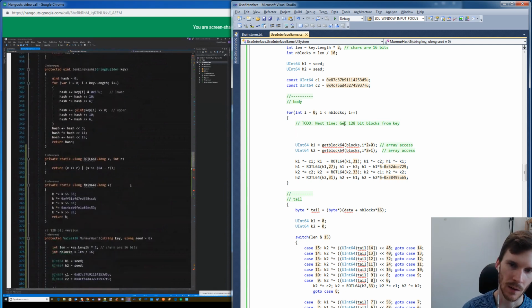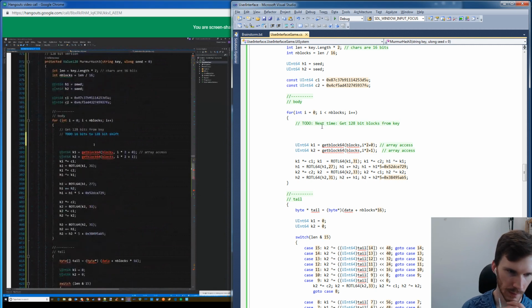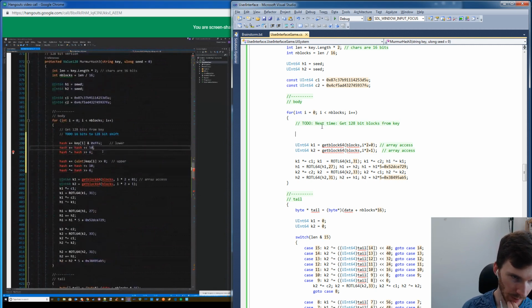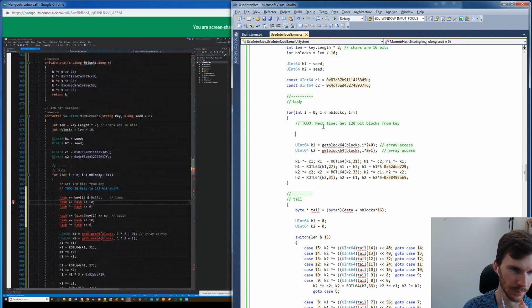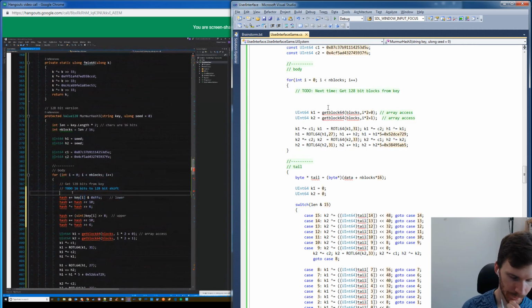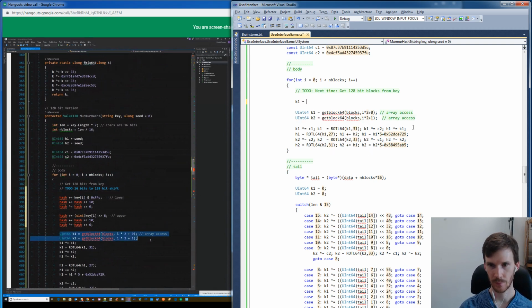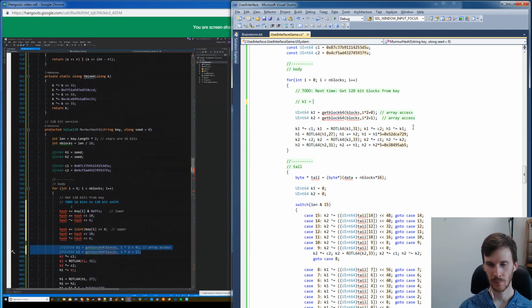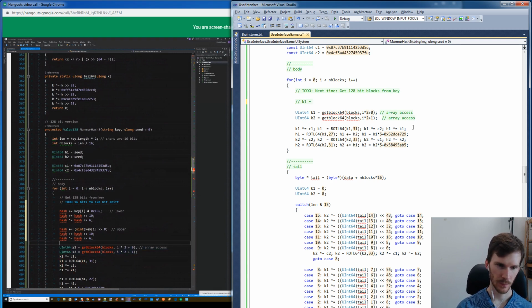So we've got I, which is the block number we're on. So we have to do some fancy indexing, let's say. Right. So if I say that hash is, well, I'm going to replace that with